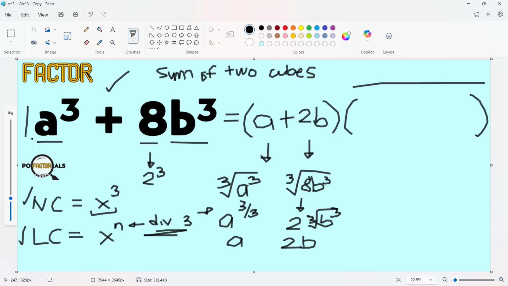Take the cube root of the first term since it's a perfect cube as identified earlier, so we can take its cube root. Similarly, the cube root of the second term being identified as a perfect cube, we can also get its exact cube root. Because if this will not be exact, then obviously in the first place, your terms are not perfect cubes and they are not sum of two cubes. Hence, this is no longer possible. But once we have guaranteed that the terms are perfect cubes, separated by addition, and we have established the sum of two cubes, we can guarantee that the binomial factor of such two cubes would be similar to this. Take note, we are using the same sign as in the middle here.